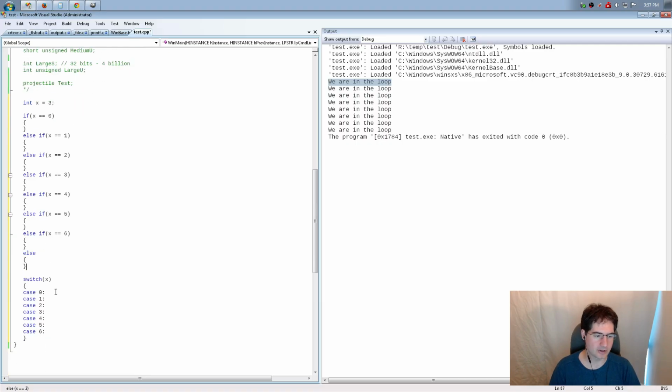I want to write this a little more concisely. I can write this as a switch statement, and I can even do the final else. There's a thing called the default case, which is the case when none of the things are true. The switch statement jumps to whichever one of these case labels is true, and if none of them are true, it jumps to the default. So it's just a more concise way of writing this.